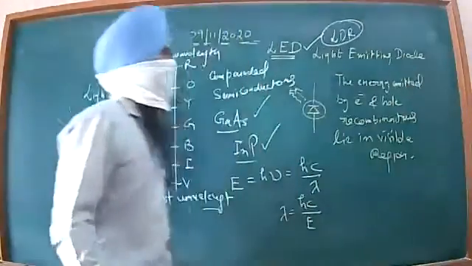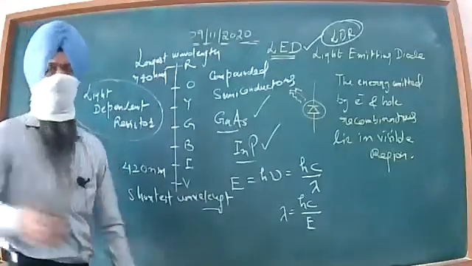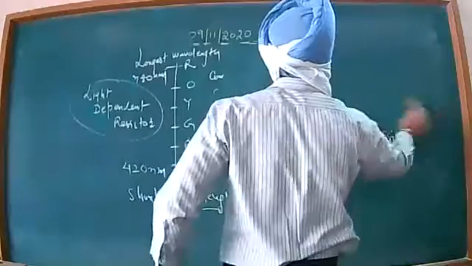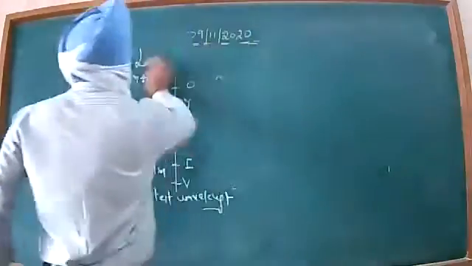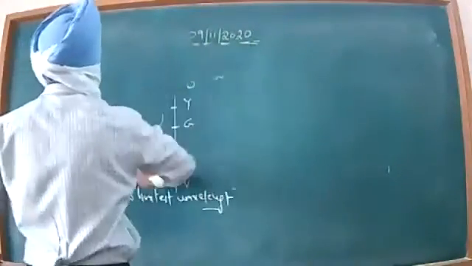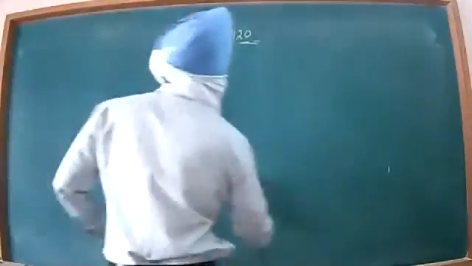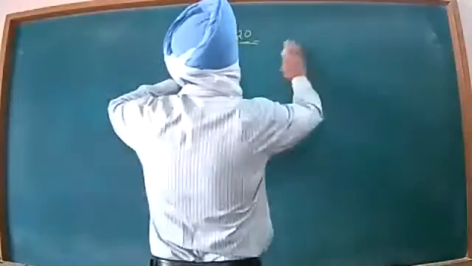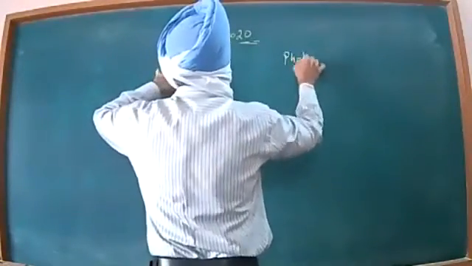Then, dear children, after this LED, we have the photodiode, beta. Let us discuss that also. That is still some other type of special purpose diode. This is the photodiode, beta. And after this, we will be left with one or two very small types of diodes. We will finish that also as per the conditions. Let us have a bit of photodiode.